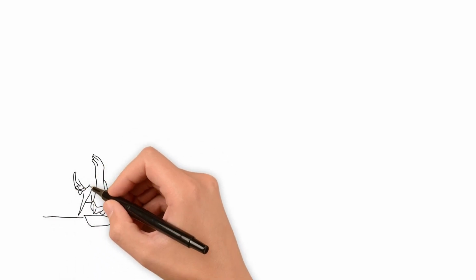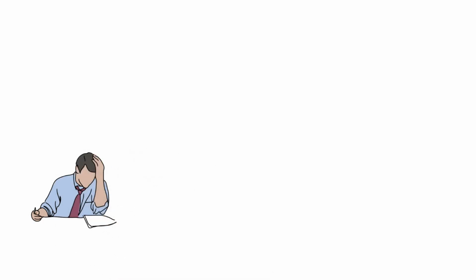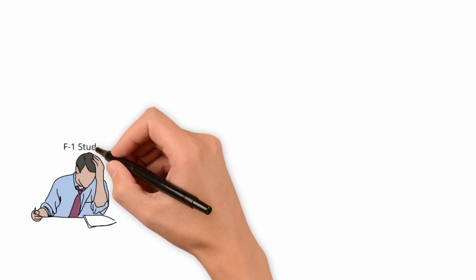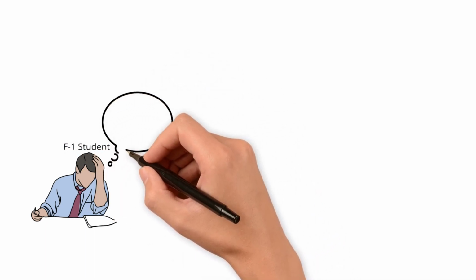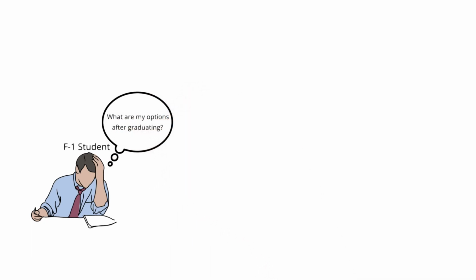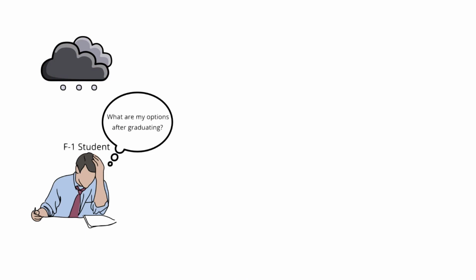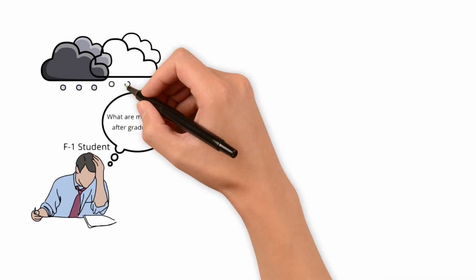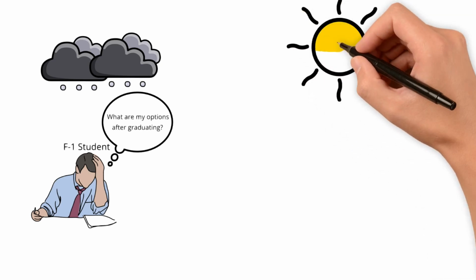How can F1 students continue their lives in the U.S. after graduating? Upon graduating from university, most of the 1 million plus F1 visa holders look for alternative visa solutions that allow them to continue living in the U.S. while pursuing employment opportunities. However, for F1 students, the journey to a green card can be very long and plagued